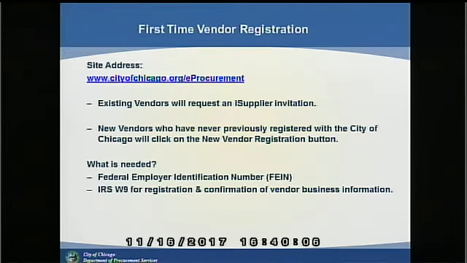First time vendor registration, again, I'll show you what that actual site looks like and how to register, and then we'll have someone to speak on that. Existing vendors, there are some things that we will need from you, as well as new vendors. There are some things we will require for you in order for us to approve your registration, and so you